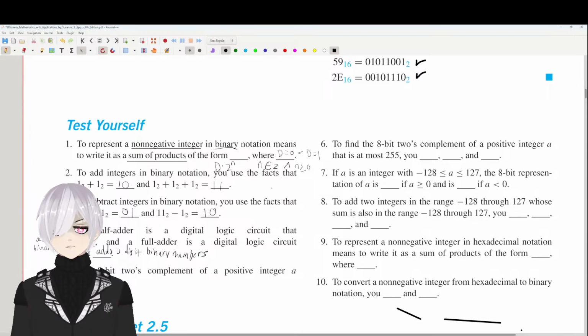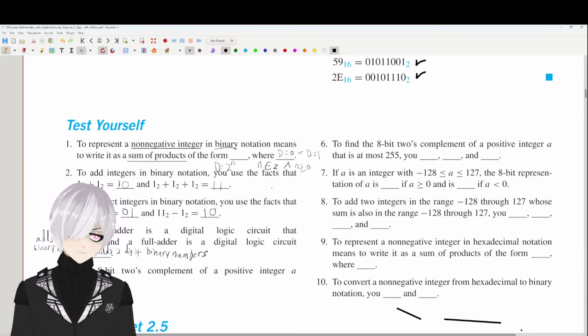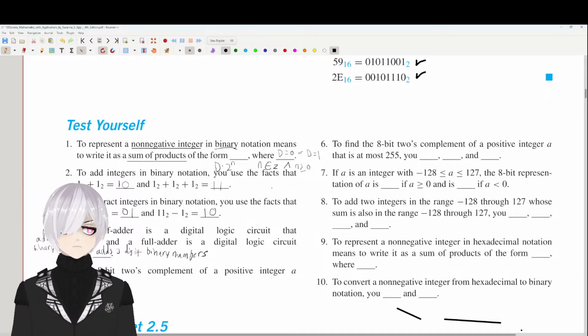The 8-bit 2's complement of a positive integer a is, I believe, 2 to the 8 minus a, isn't it? Yeah, like the binary representation of 2 to the eighth minus a using 8 bits. Okay. To find the 8-bit 2's complement of a positive integer a that is at most 255,